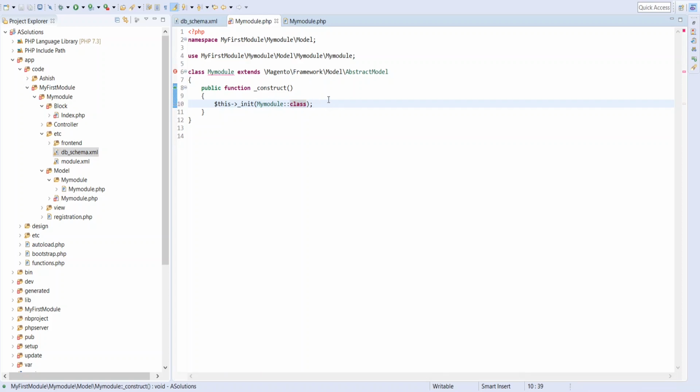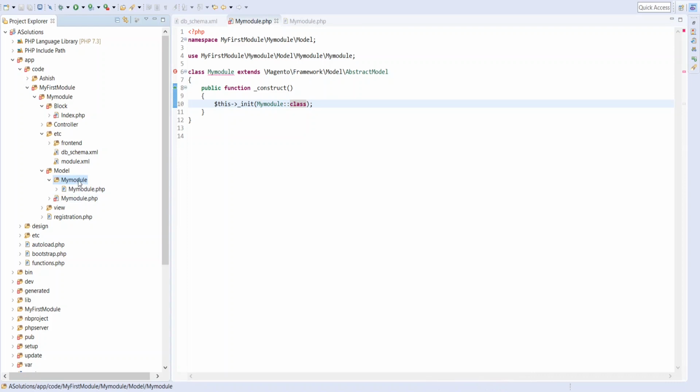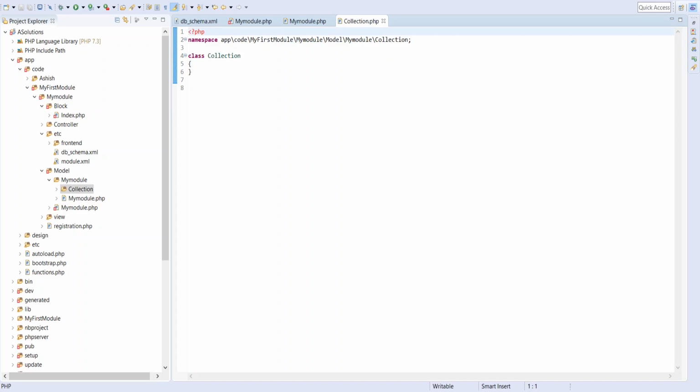Okay, now once we have created the model and the resource model, it's time to create our collection. Let's create a collection folder inside our resource model folder. Inside this collection we need to create a collection class. Every collection class in Magento must extend from Magento framework model resource model db collection abstract collection.